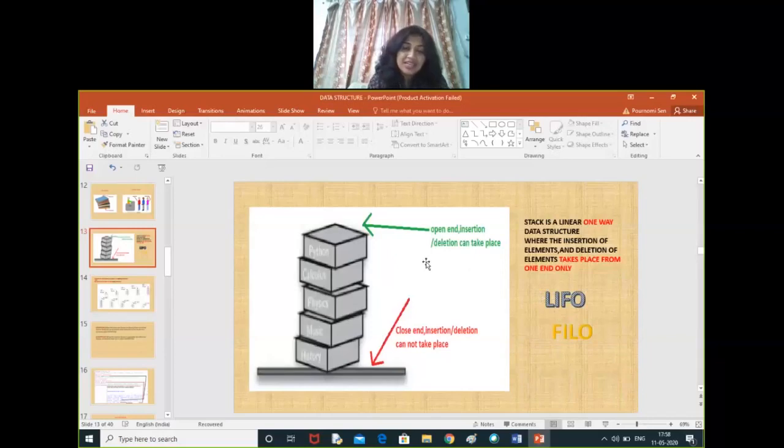As you can see, in this structure, which book was kept first on the table? It is history. Then music, then physics, then calculus, then Python. But when you are removing the book, first you need to remove the Python book, then calculus, then physics, then music, and then history, because it's a one-way list. So it's last in, first out. The last inserted element will be removed first, and the first inserted element will be removed last. So this is what LIFO or FILO is. A stack is a LIFO data structure.